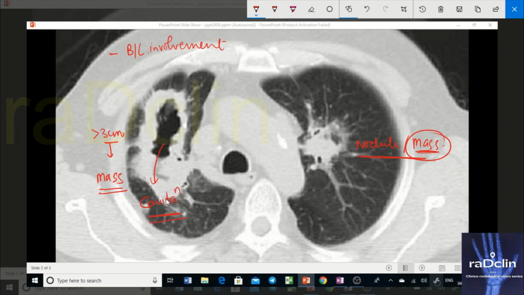So it's a cavitatory mass on the right side, and if you see the volume of this right lung field, it's a little bit reduced in comparison to the left. And if you see in the periphery of this cavitated mass, there are connections or bands that are attaching to the pleura. These are tags, or basically spiculations, that are there. So it's a well-defined mass with spiculations and tags that are interconnecting it with the pleura.